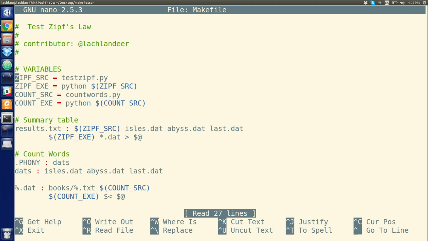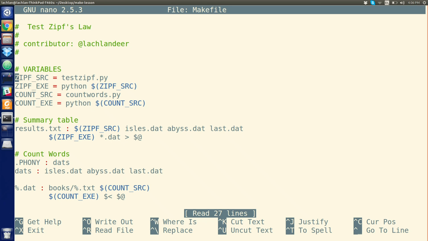Potentially, if I adopt this strategy in a large project, there's potentially many of these variables that I'm defining. And I may not want to have the variables in the same file as the rules. I may want to have them separate and then import them into the make file. Might make version control look a bit more sensible if I update the variables. It's nice to have a separate place where that's going on from your rules. So to do that,